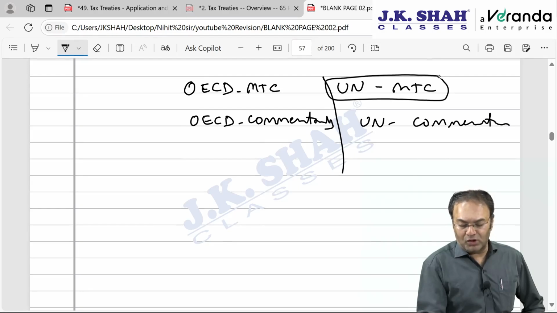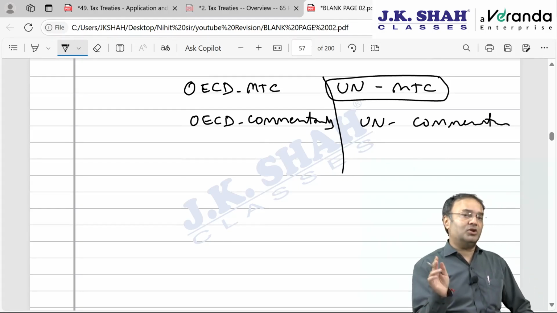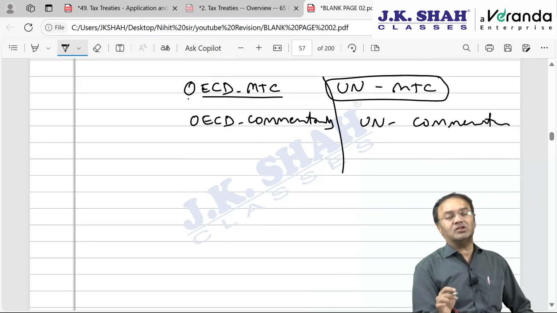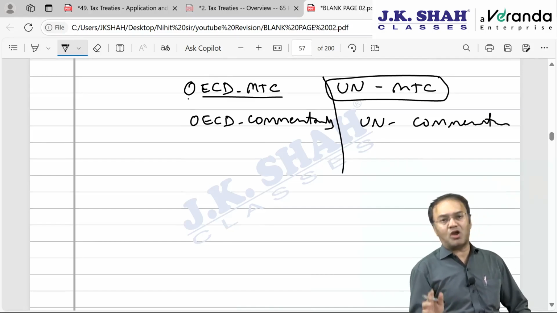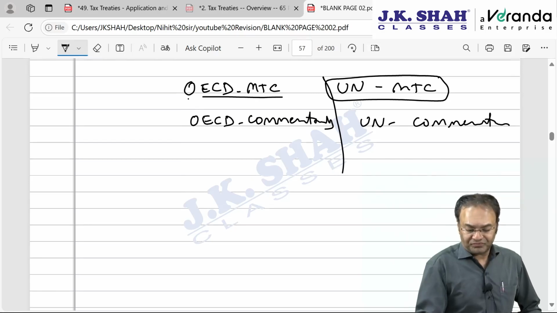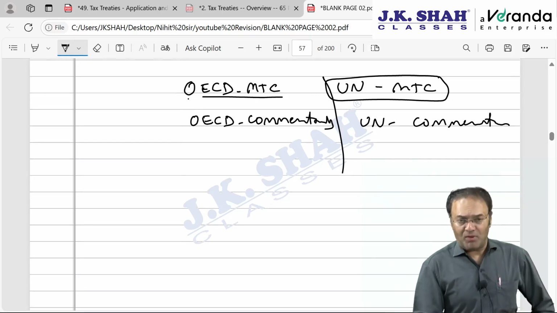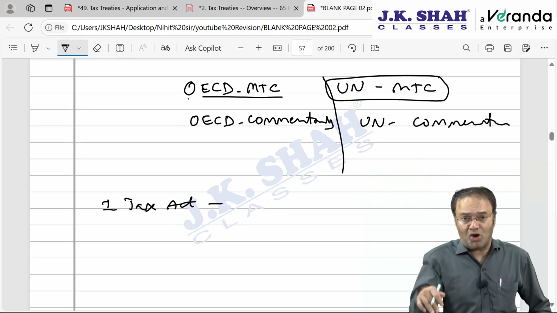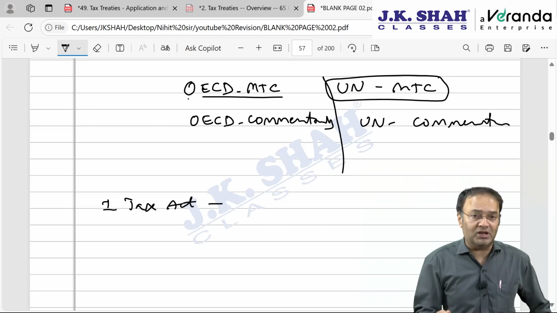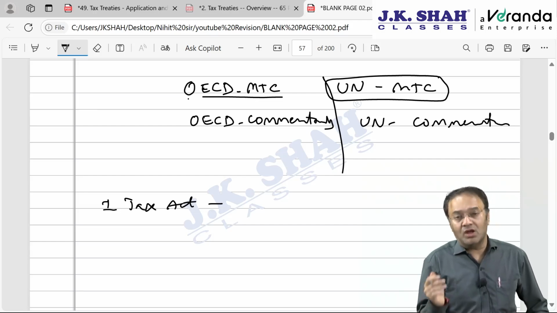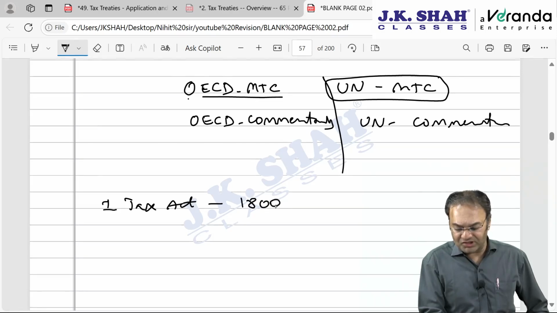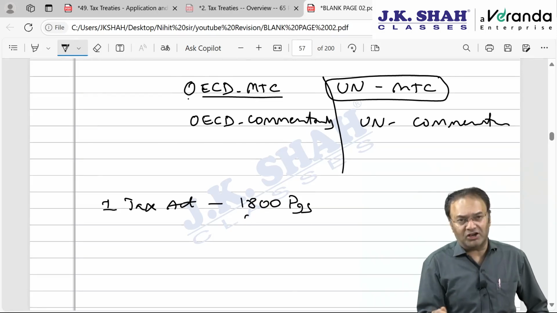India generally follows the UN model tax convention. The UN model convention is between a developing country and a developed country. And the OECD model convention is ideally between members of OECD who are all developed countries. So these are the commentaries. For example, as far as the Income Tax Act is concerned, our Income Tax Act 1961, as of today the Income Tax Act is applicable. God knows what will be applicable in future. Maybe it may be replaced by the Direct Tax Code, but for the time being it is the Income Tax Act, which runs into 1800 pages, including some deleted provisions also.